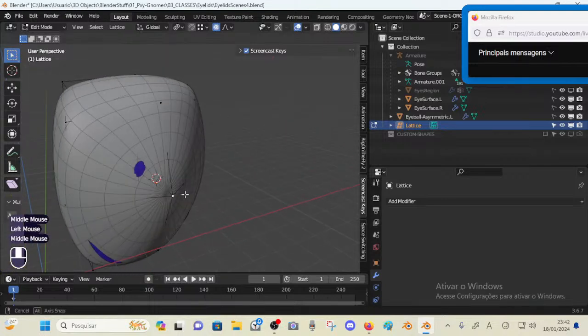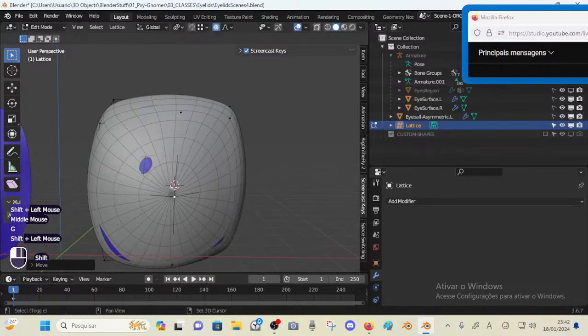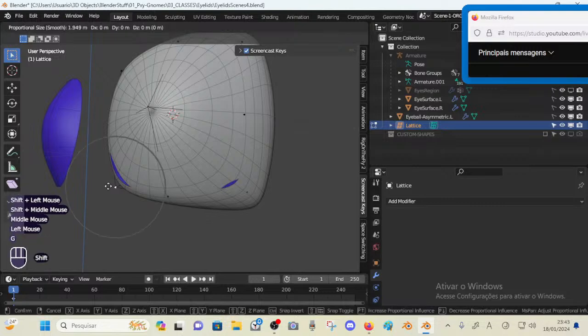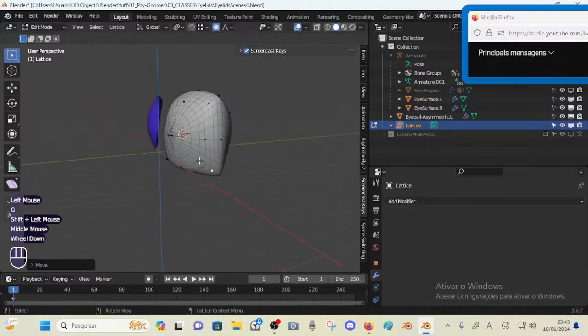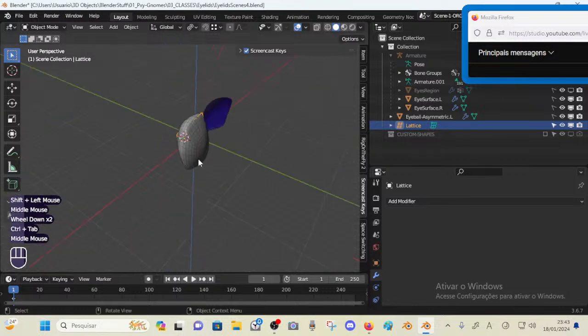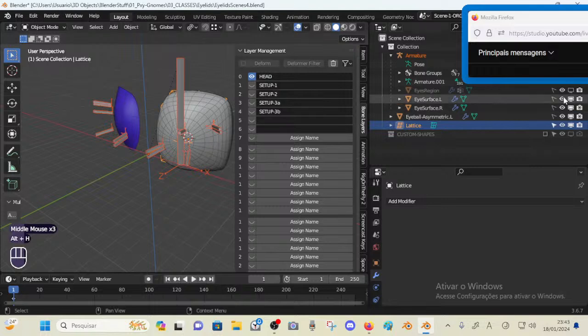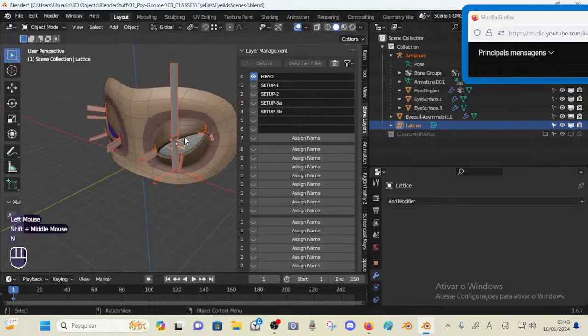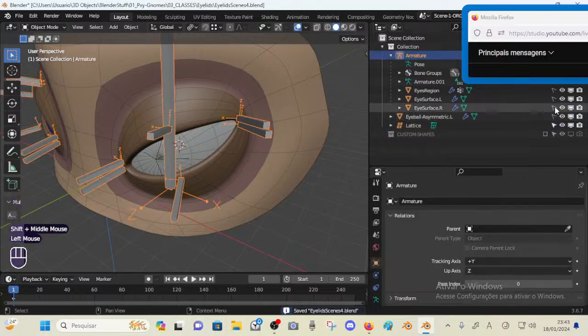So maybe this should go slightly, yeah, something here. And okay, let's try this. So let's show everything back. If I hide the eye surface,